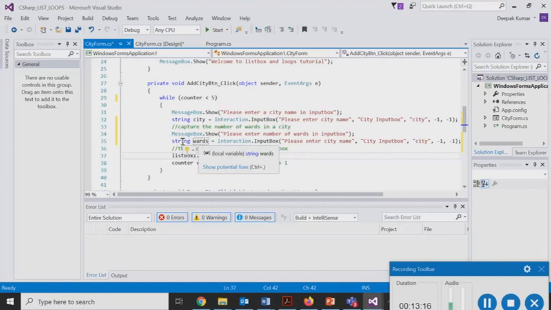It will be a natural count from 1 to whatever maximum number of wards a city can have. But for the time being we will leave it as string, and I'll tell you why. If we make it an integer, then I have to convert it back into a string when I'm adding it into a list box. When you add any value to a list box, it is treated as a string value, even if it is displayed as a number.